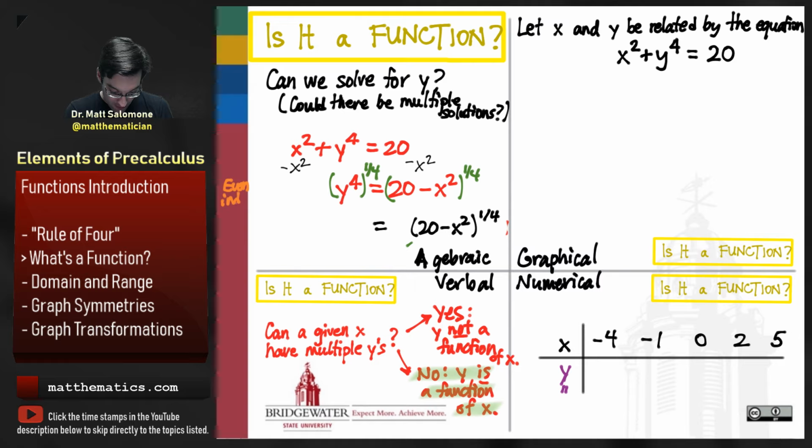Even index root. And anytime we're taking an even index root, there is a sign ambiguity inherent to that root. And what that means is that y to the fourth raised to the power 1/4 does not simply cancel this 4 times this 1/4, but it does so in absolute value. So when there's an even index root, we can't ignore the fact that if I take a negative number and